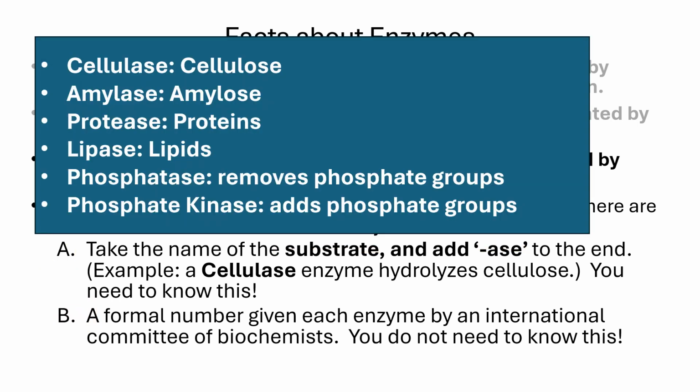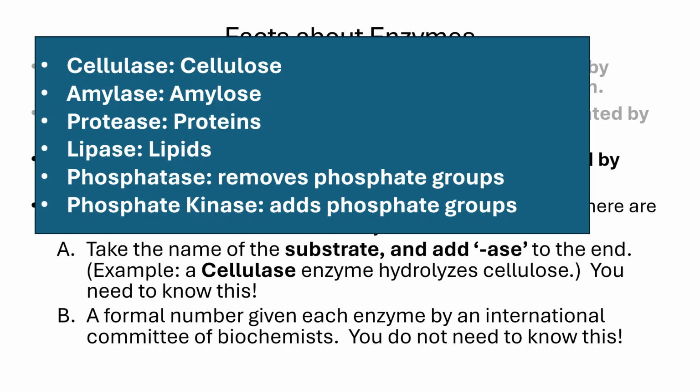So the informal way: an enzyme that hydrolyzes cellulose would be called a cellulase. An enzyme that hydrolyzes amylose would be called an amylase. Enzymes that hydrolyze lipids are called lipases. A phosphatase is an enzyme that removes phosphate groups from proteins, and a phosphate kinase is an enzyme that adds